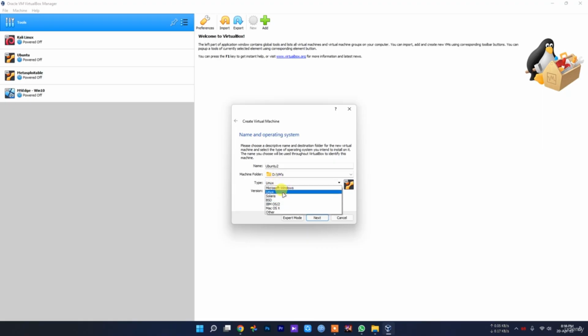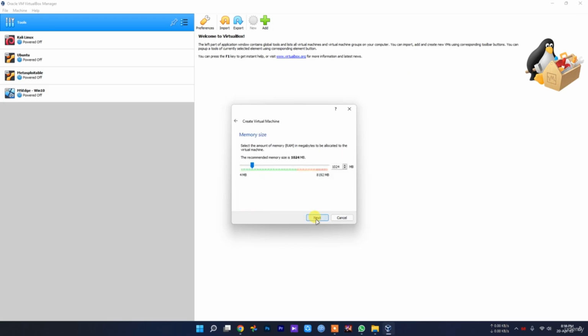Make sure you select Linux, and make sure you select your Windows 32 or 64-bit, whichever you use. If you're using 32, use 32. If you're using 64, use 64. Then click next and select the amount that you prefer. Make sure you give it at least 1 GB